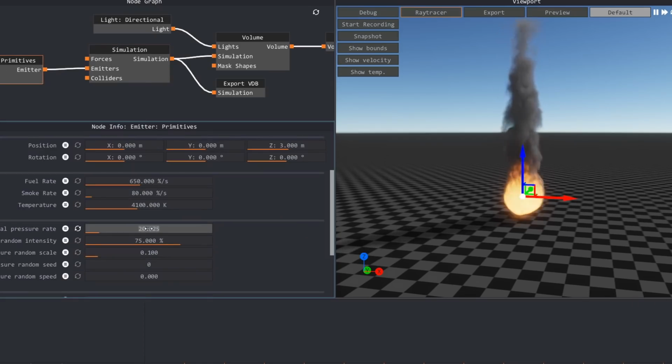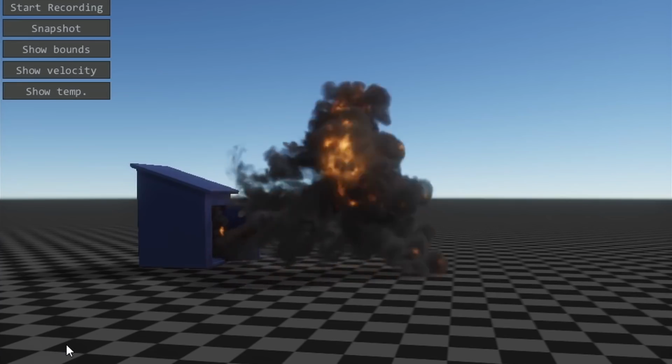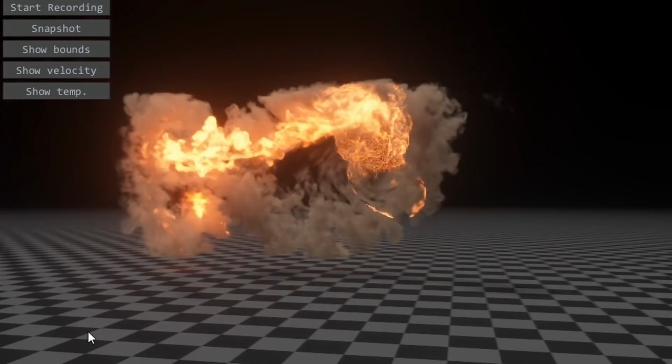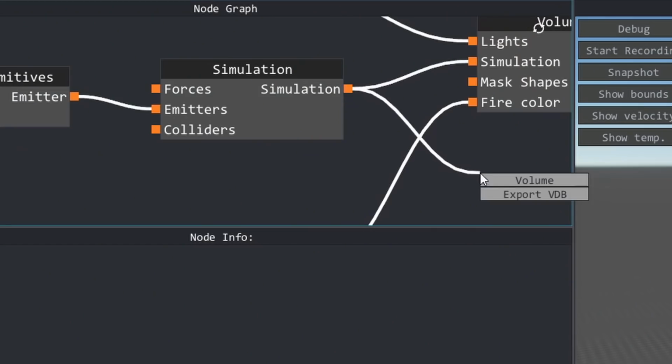Well, assuming that you're using Embergen, you're going to have some kind of simulation. It's not particularly meaningful what simulation that is. You can even use one of the presets to get a whole bunch of different kinds of effects without doing a lot of work. But anyways, what you're going to do is add in an export VDB node, which is